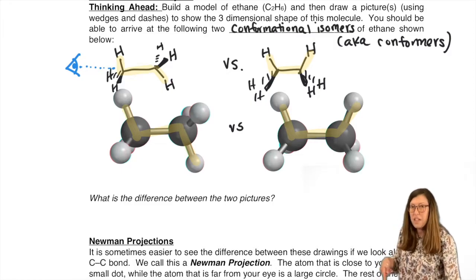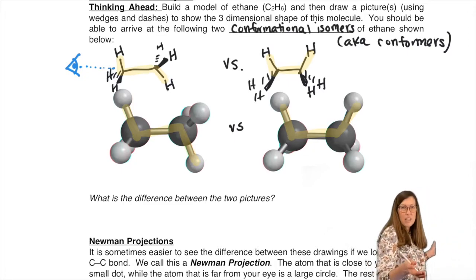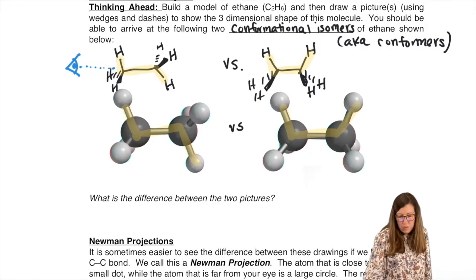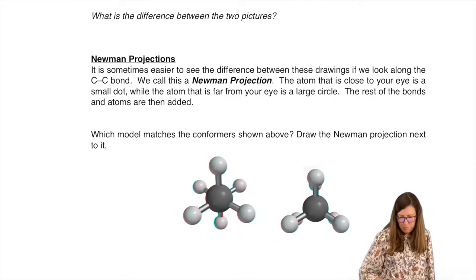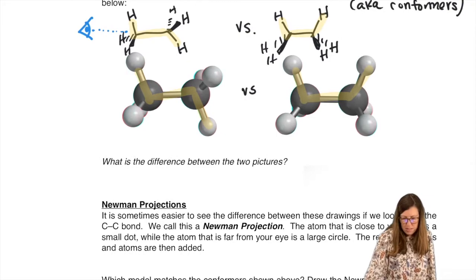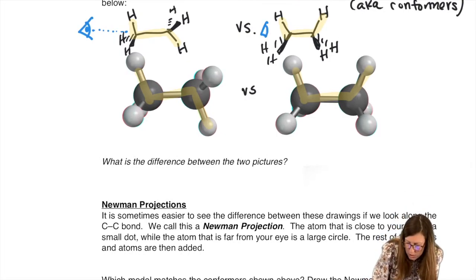And when you pretend you're in there like that, or like that, it could be either side. I could have put my eye here or here, but we line up so that we are looking down a carbon-carbon bond. And when we do that, we will see this. Okay, so let's do that. Let's be consistent and do it from the same side since we're comparing both of them. But like I said, I could have easily picked the other side, as long as you look down a carbon-carbon bond. So it involves two carbons.